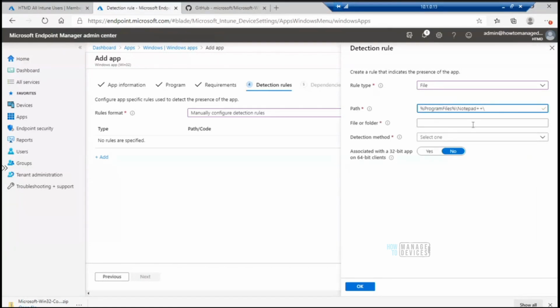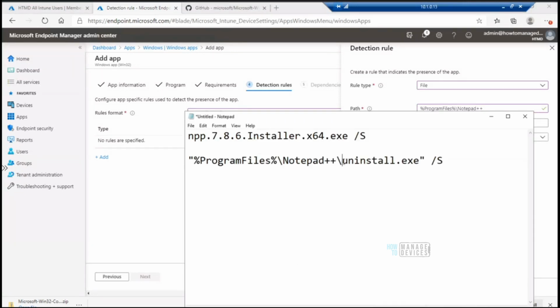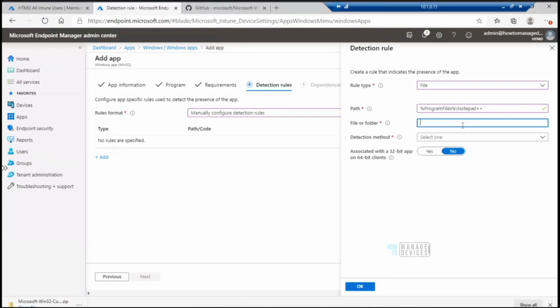Okay, file path, right? Okay, that's fine. And I'm going to say the exe. I'm going to check for this particular exe to understand whether the application is already there or not, right? This is not the correct way or best practice. I recommend you use version numbers of the MSI or exe to understand it better, so to do the detection in a better way. This is just for an example, right?